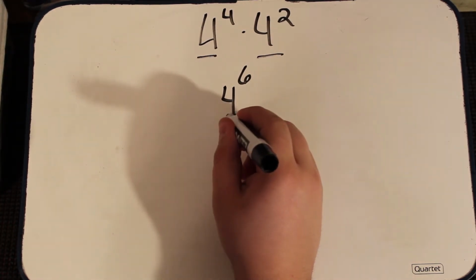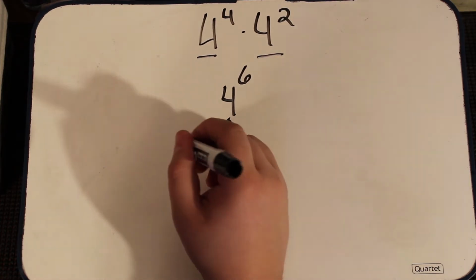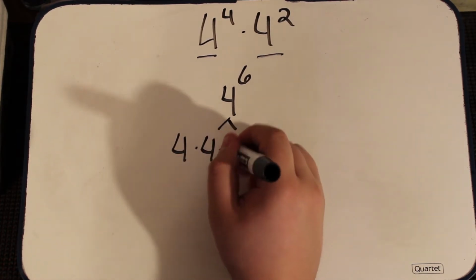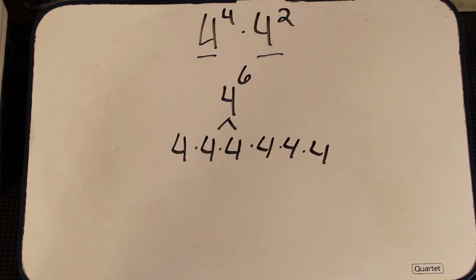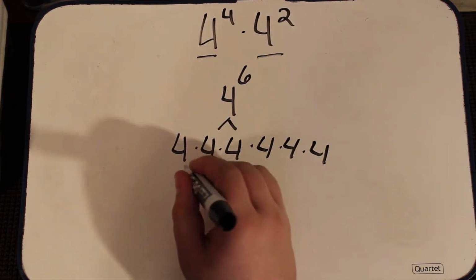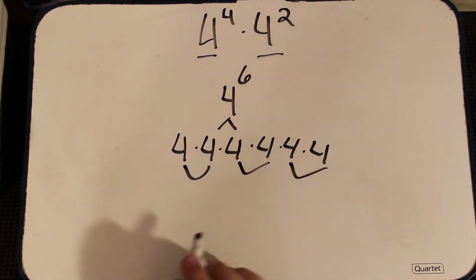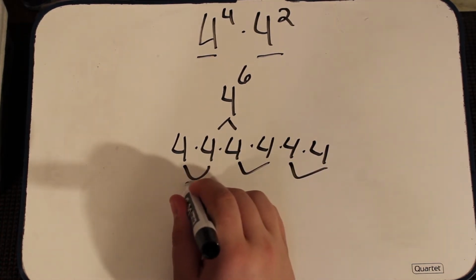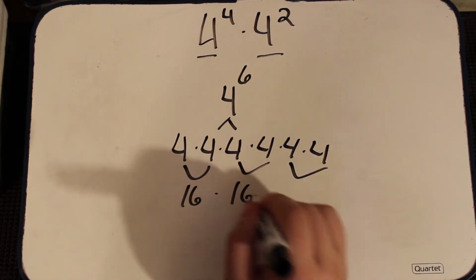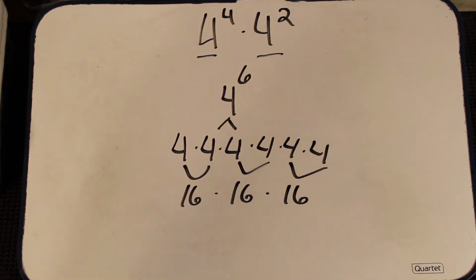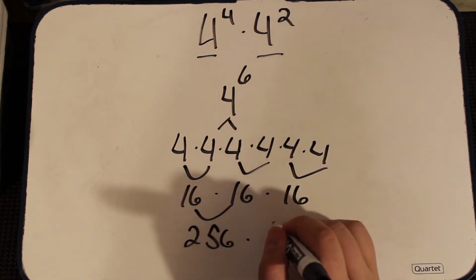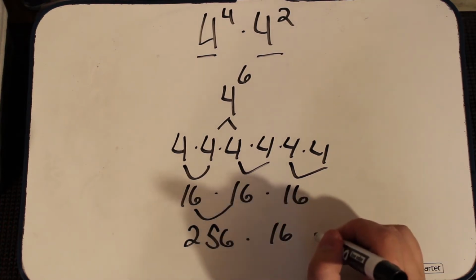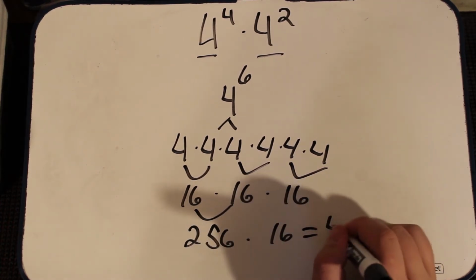There's a couple different ways we can go about this. If we're going to write this out, we get 4 times 4 times 4 times 4 times 4 times 4, which is great. And this is another way that I like to do it when I work it out by hand, is I like to pair things off as much as possible. So we get 4 times 4, which would be 16 times 16 times 16. Combine these down. 16 times 16 is 256 times 16. And 256 times 16 gets us